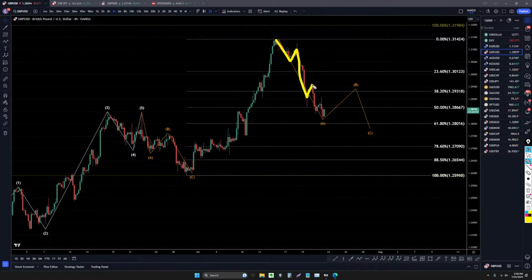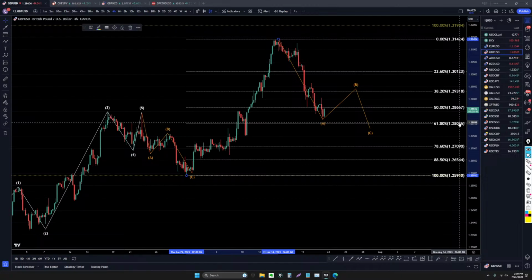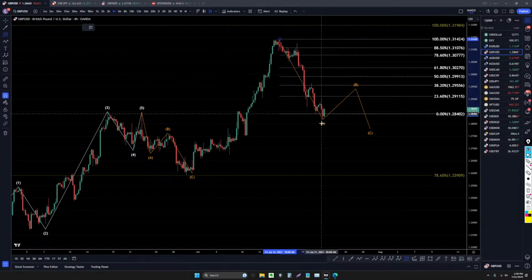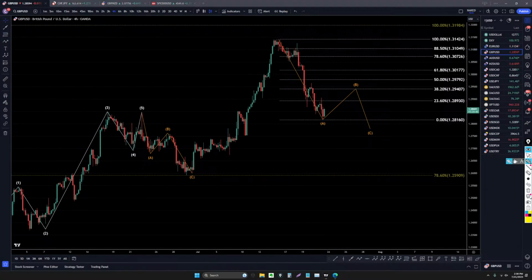It's like a 1, 2, 3, 4, 5, 6, 7 wave downtrend. I think just like what I was showing on the other ones, this is probably going to start making its way up, but I think this move up is probably going to be a correction to this move down. So instead of using this Fibonacci, I think at this point our best bet would be to get rid of that, put our Fibonacci from the top to the bottom, because a wave B should be a correction to the